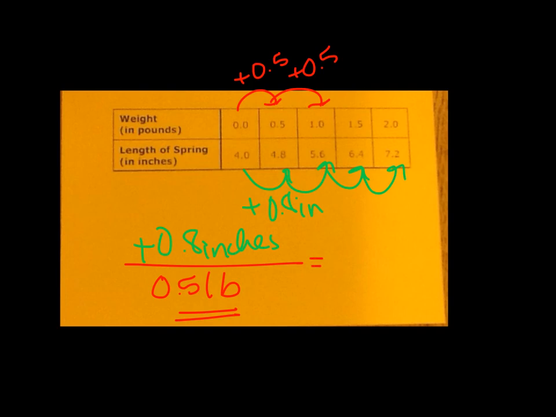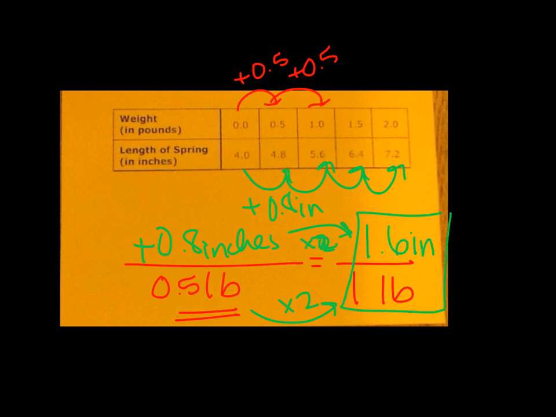So let's turn this ½ pound into 1 full pound. And if I do that, I had to multiply by 2 to make that happen. So I'm going to multiply by 2 on the top as well. Whatever I do to the top, I have to do the bottom. And so I'm going to write 1.6 inches. So there's a 1.6 inch increase for every 1 pound that's added to this